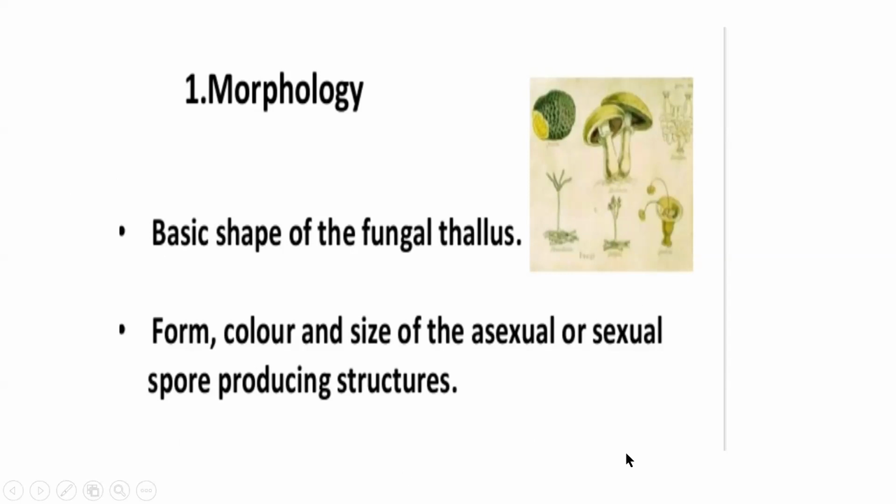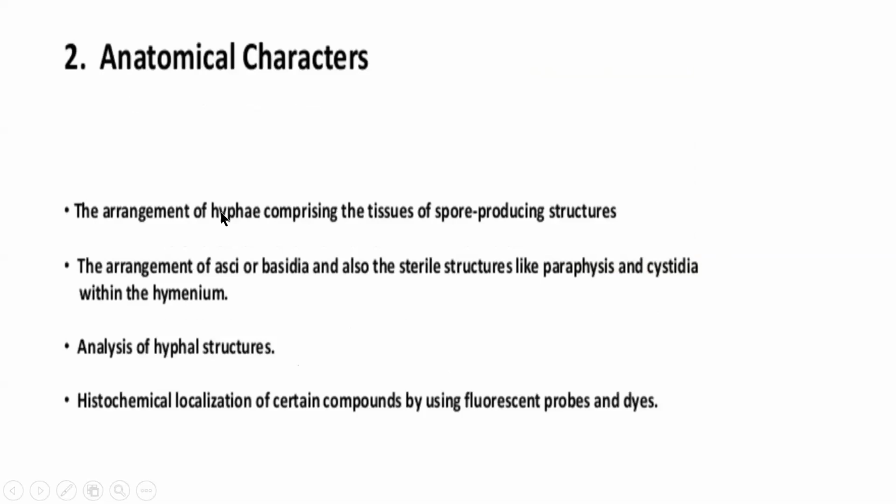a criterion for classification. Anatomical characters, I told you already how the hyphae are arranged in the form of tissues. We were talking about some fungi forming plectenchyma, tissue-like aggregations during sporulation. So they can have a pseudoparenchyma-like tissue, prosenchyma. So all these are hyphal modifications. We were discussing hyphal modifications. Some fungi can produce rhizomorphs. Some fungi produce sclerotia. So arrangement of ascospores or